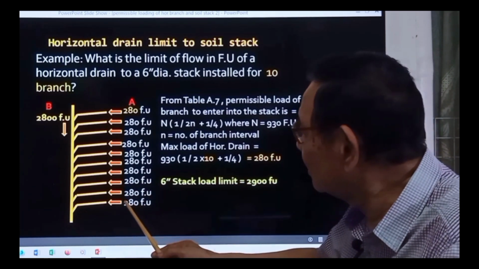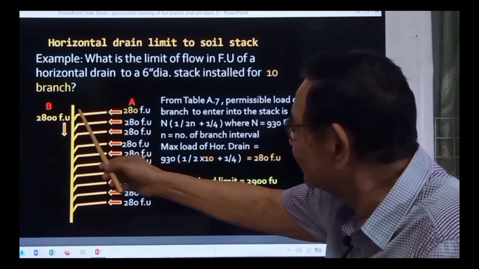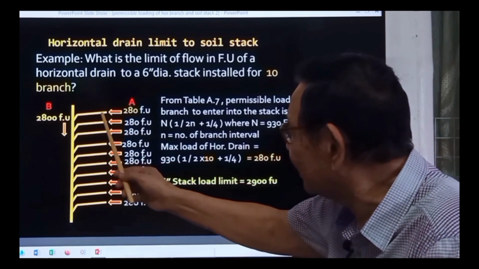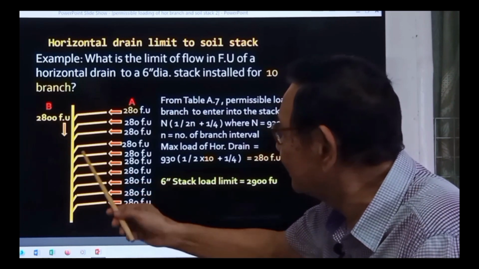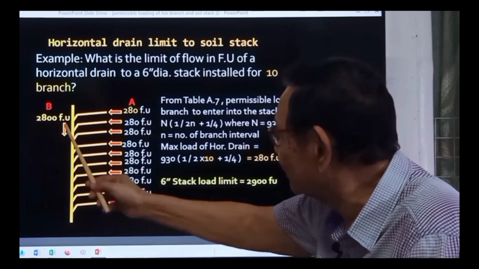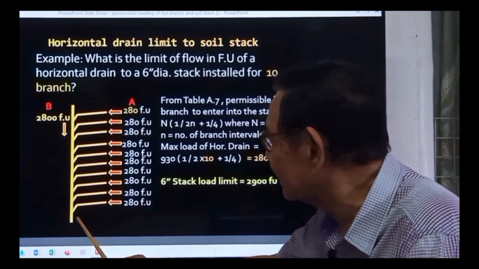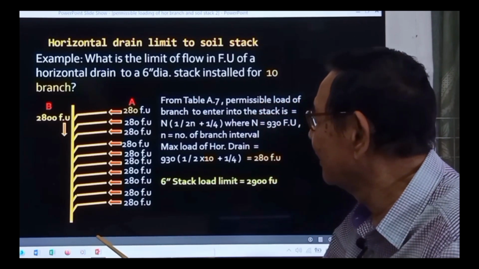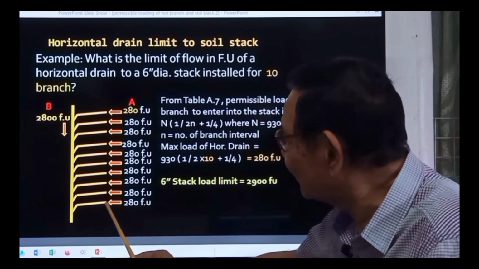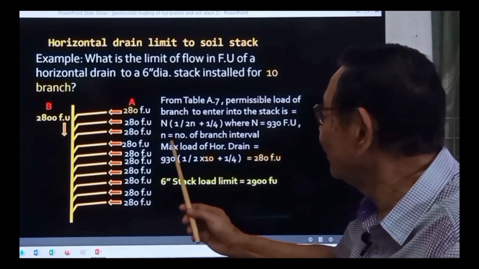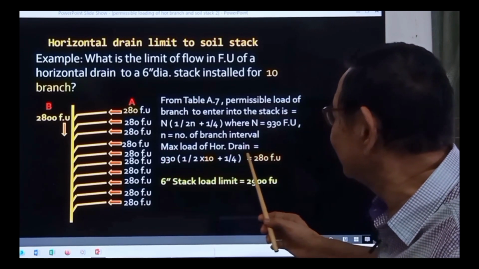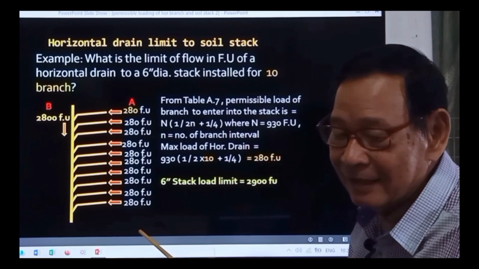So ito, ang capacity niya sa 10 horizontal branch is 2,800, 280 times 10 equals 2,800. Ito ang capacity ng 6 inches. Pero ang capacity ng horizontal dapat 280 lang. Okay. Ito ay galing sa computation natin dito, 280. Ngayon,